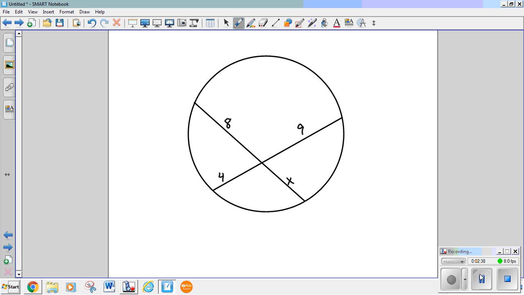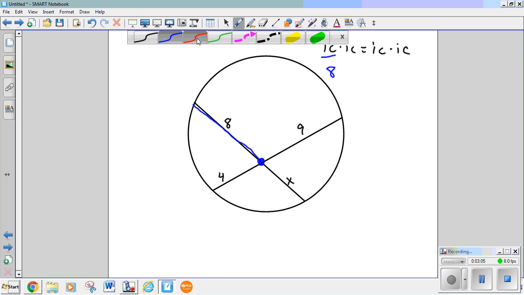Here's another one. Write the formula IC times IC equals IC times IC. Pick a segment for your first IC. We could do the one with 8 and X. So the first IC is from the intersection to the circle, which is 8. The next one is that same segment from the intersection to where it hits the circle again, which is X, equals,